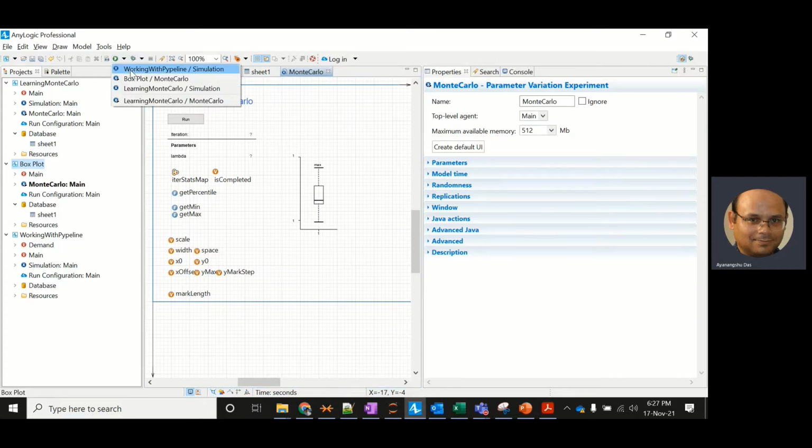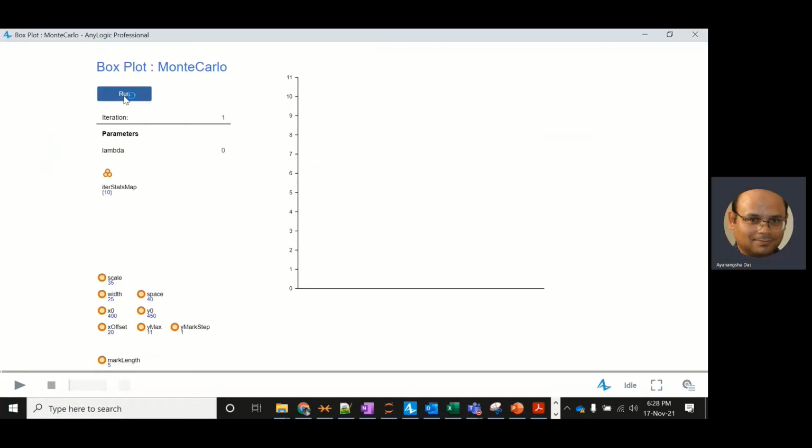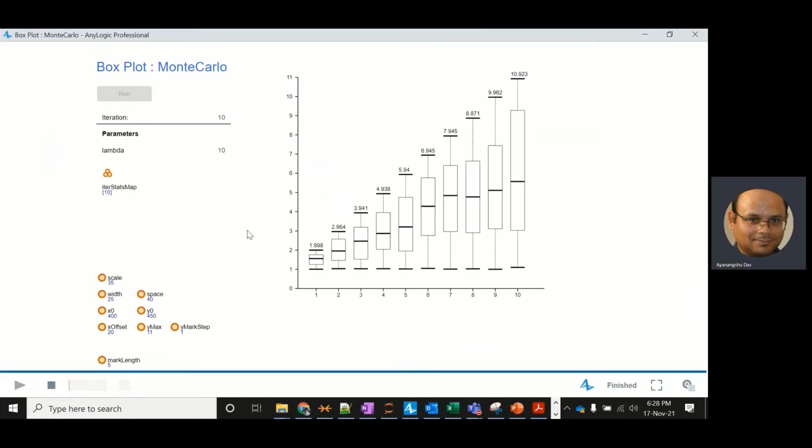So let's start with that one. We see the 10 iterations that we ran, and each iteration had 100 replications. The box plots for each of these iterations are plotted here using the Monte Carlo experiment.